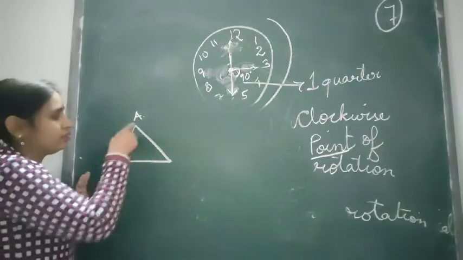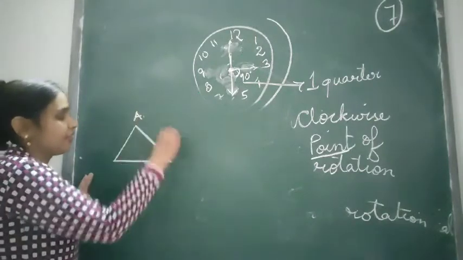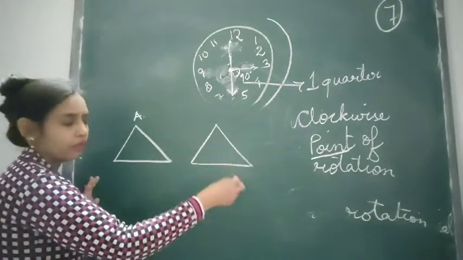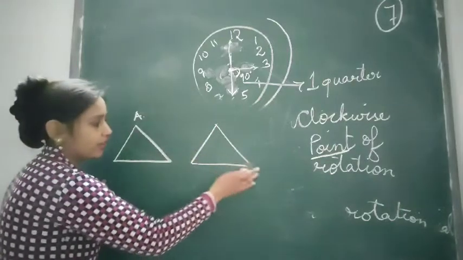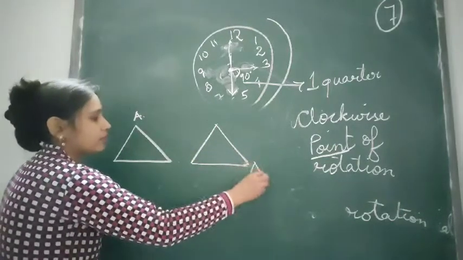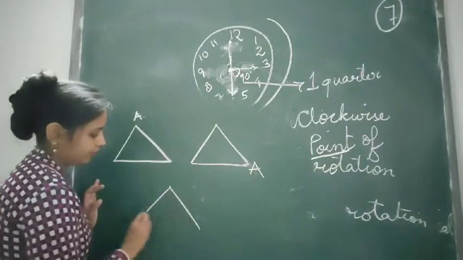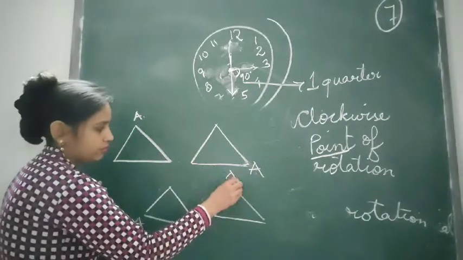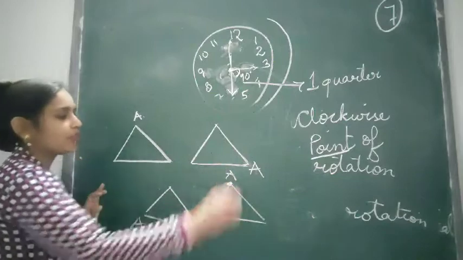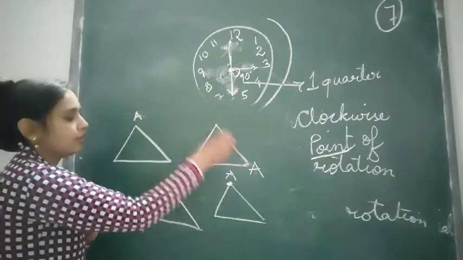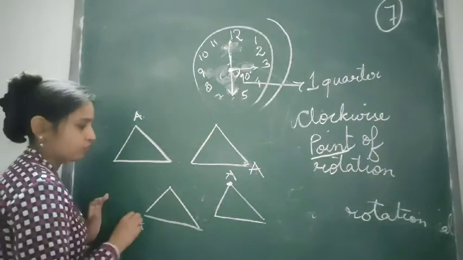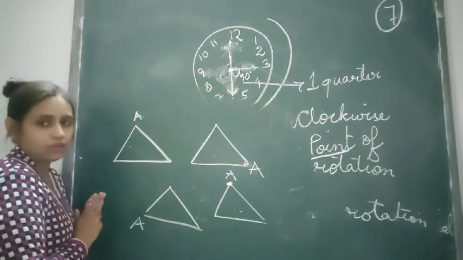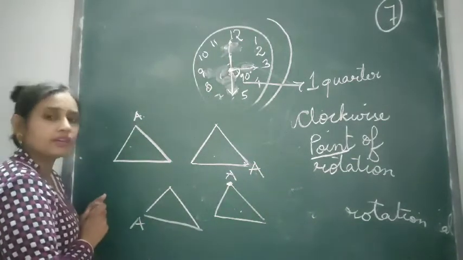Now it's an equilateral triangle. You shift it, it will come here. If you rotate it, yes, bingo. From all the angles it looks the same. Why? Because each angle is 60 degrees. It reached here, you shift. It reached here, again you shift. I am just making rough figures, children. It reached back. So how many orders did it follow? It followed 1, 2 and 3. So the equilateral triangle has a symmetry of 3 order. Okay, rotational symmetry of order 3.